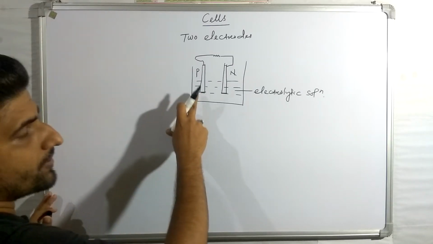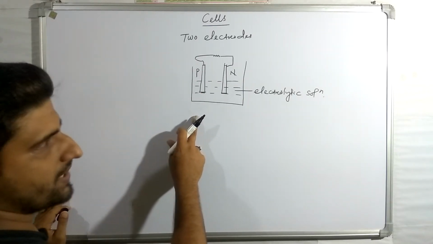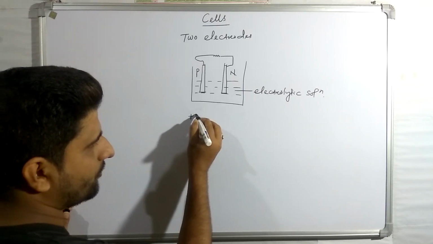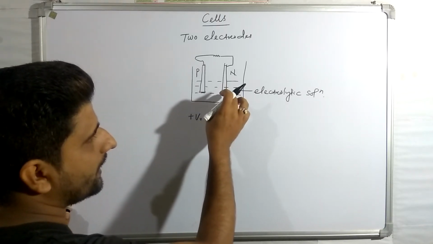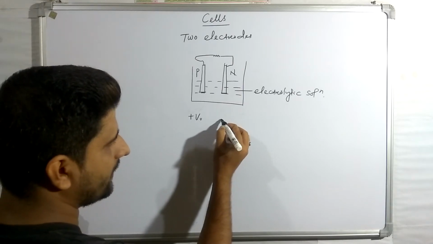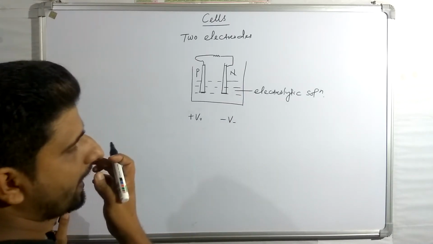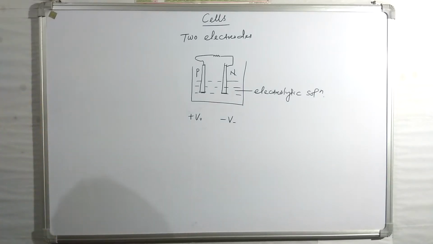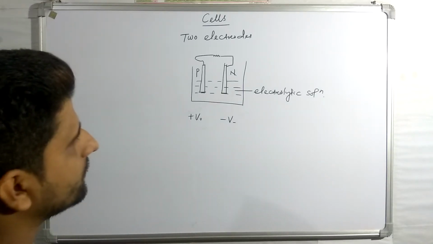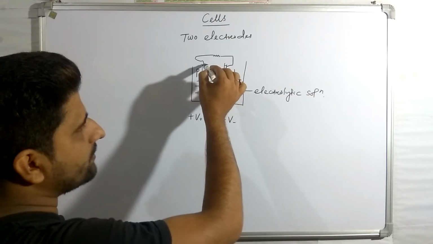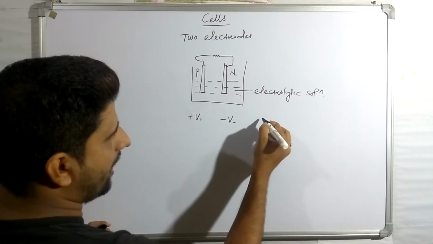Here the positive electrode develops a positive potential, and the negative electrode develops a negative potential. And the current flows outside